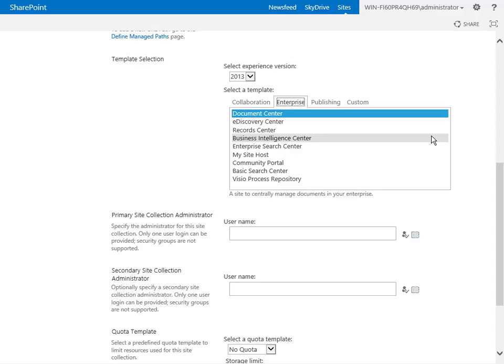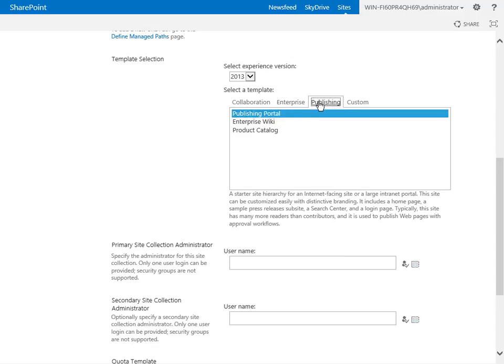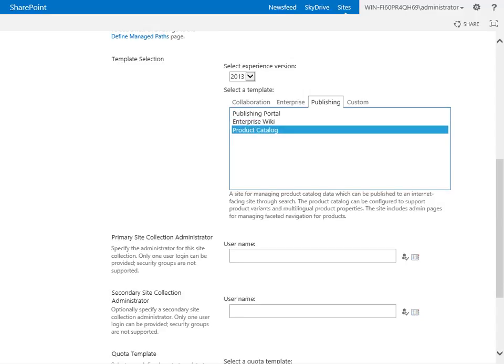Again, I did not mention the MySite host. This is something that you're not going to be creating a lot of stuff with. It's a personal site collection that gets created for each user. If you've got it activated, it's got some interesting things to it, so we won't cover it here. If you're managing it, and if you're doing site management for My Sites, you probably need to look at the SharePoint Administrator course. We've got our publishing, which is our publishing portal, Enterprise Wiki, and the product catalog, which I